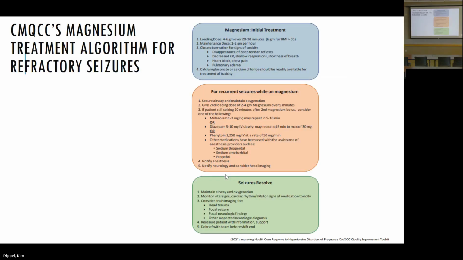So this is CMQCC's magnesium treatment algorithm for refractory seizures. I think this is probably pretty beneficial if you work in a small outreach hospital, also to have in your emergency room department, because a lot of emergency room nurses and physicians aren't used to this high a dose of magnesium treatment and this fast of dose. So it talks about the loading dose and what to look for, and then recurrent seizures while on magnesium and